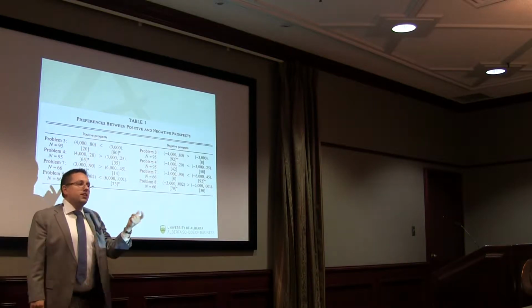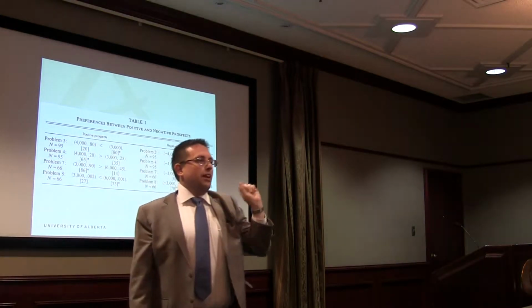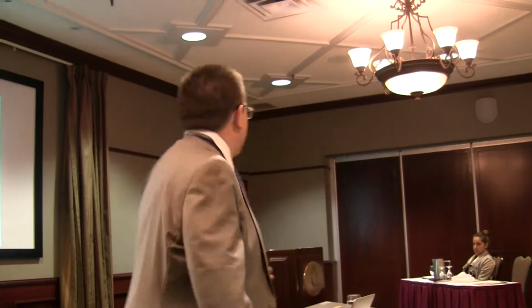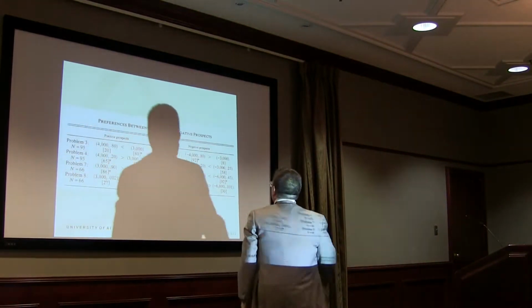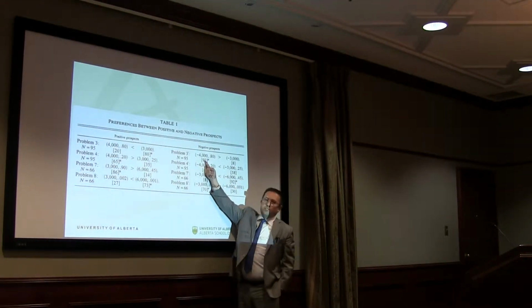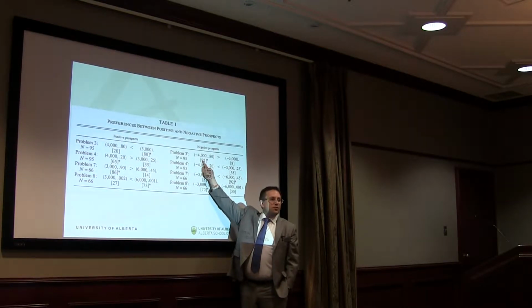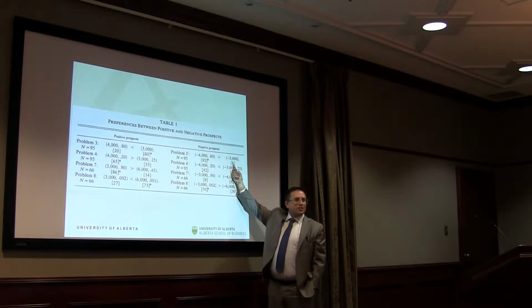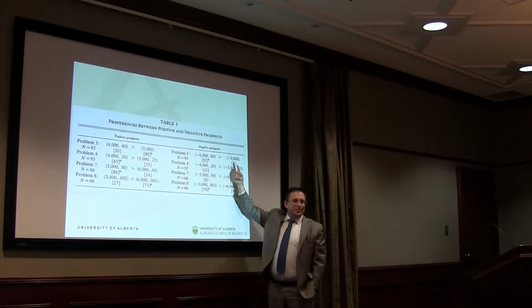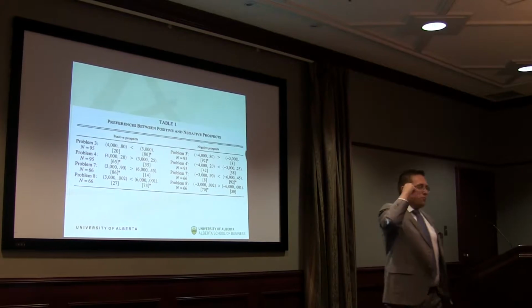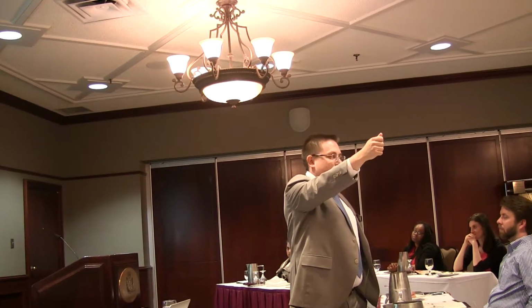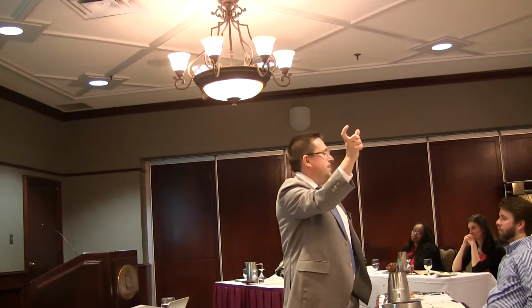Right? Then what they did is they flipped it, and they said, okay, now what we're going to do is we're going to put a negative sign in front of everything, and we're going to ask you what is going to happen. And when they did that, now you've got more people choosing that they're going to lose $3,200 versus losing $3,000 for sure. So even in expectation, you're more likely to lose money. People would be more likely to choose that, even if there was a small probability that they could avoid the loss.